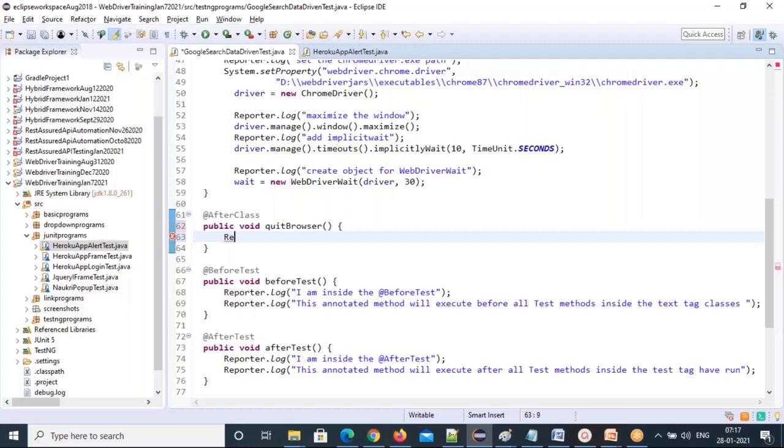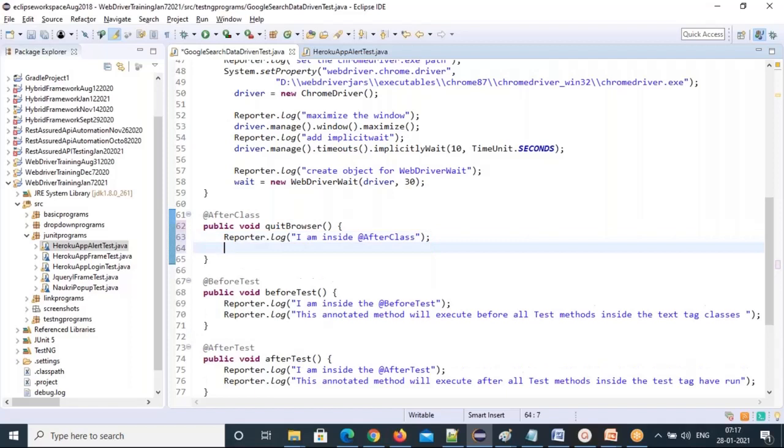Okay, so reporter.log, and I am inside AfterClass, and then you write the code. The code is, maybe you can put driver.quit or driver.close, whatever you want.